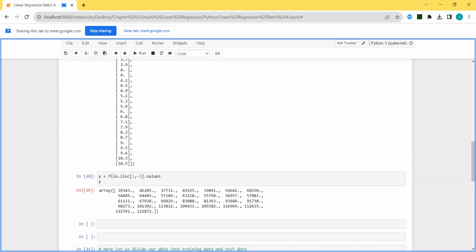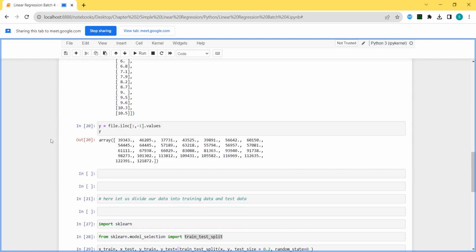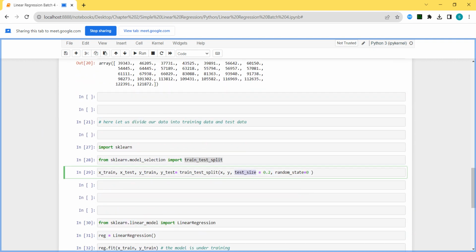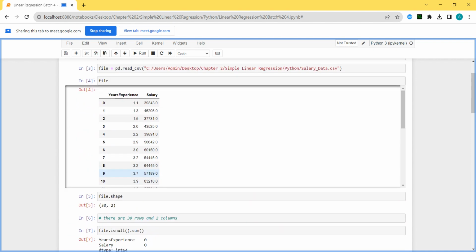Should I explain training and test? See, this is my entire data set. We have seen that we have already given the test size here. With train_test_split, sir, we are going to divide our data set into training and testing. In this proportion, test size should be 0.2, 20%, meaning training should be 80%.